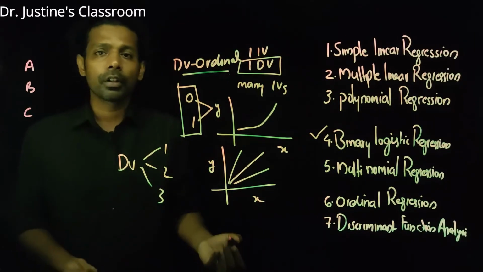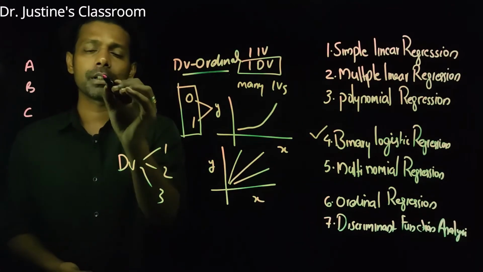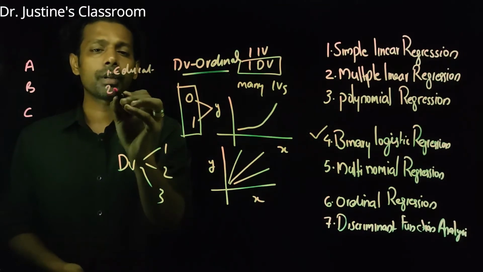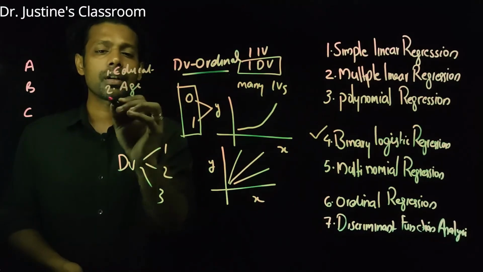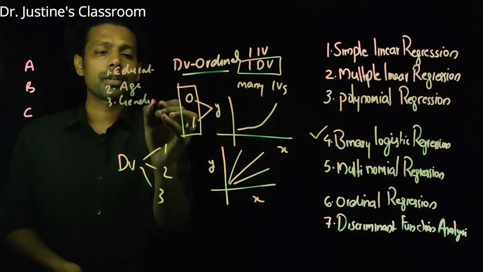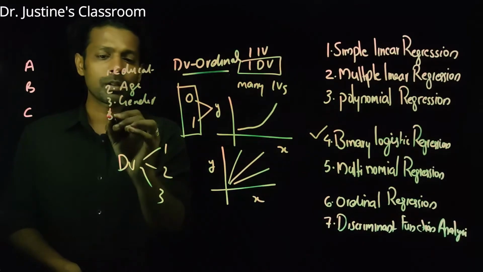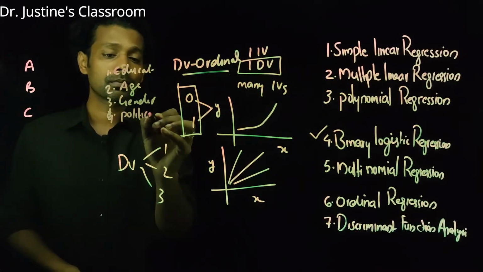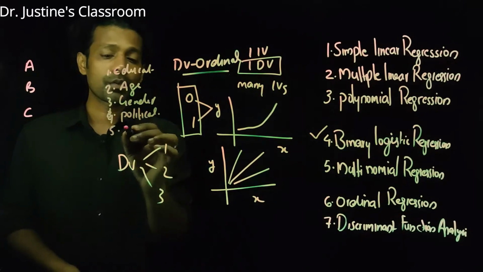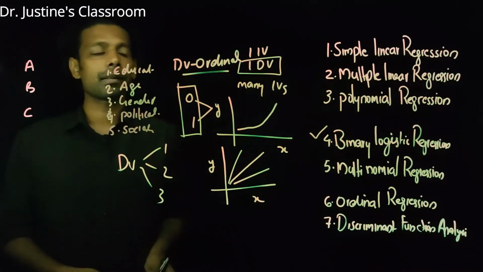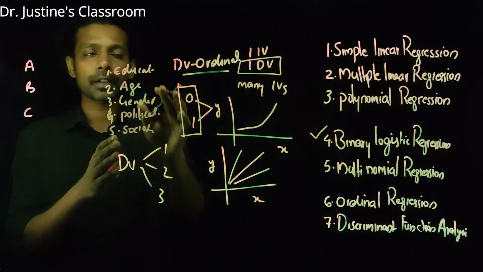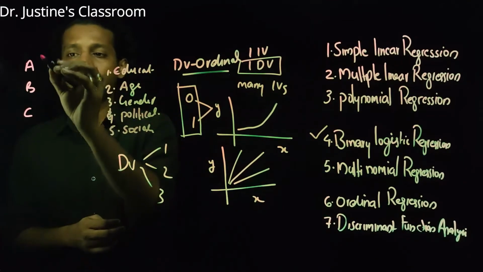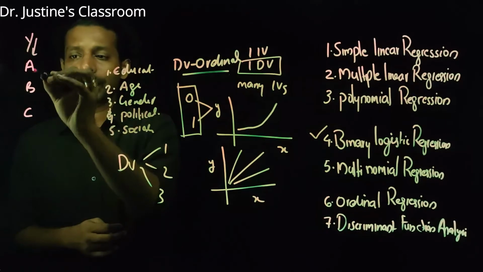So I have a lot of independent variables, for example, let us say education level, another variable such as age, gender, and political ideology, maybe socialist ideology. So many factors that I'm writing. Based on that, I'm trying to predict whether the person votes for this party or this party. So this is my dependent variable. The dependent variable has multiple categories.